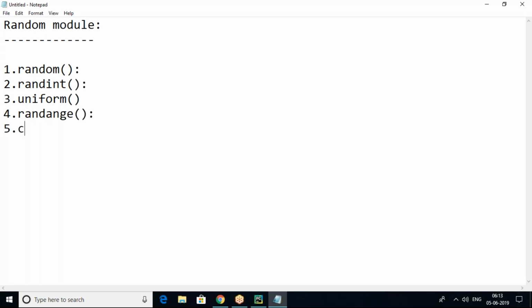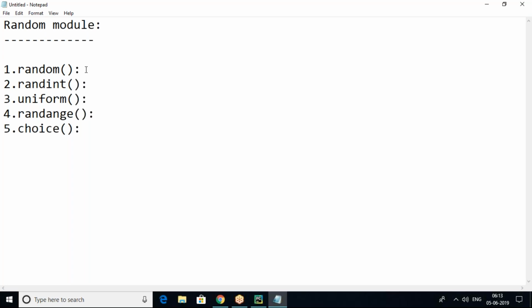Next choice. These are the main important functions in the random module. So: random, randint, uniform, randrange, choice.